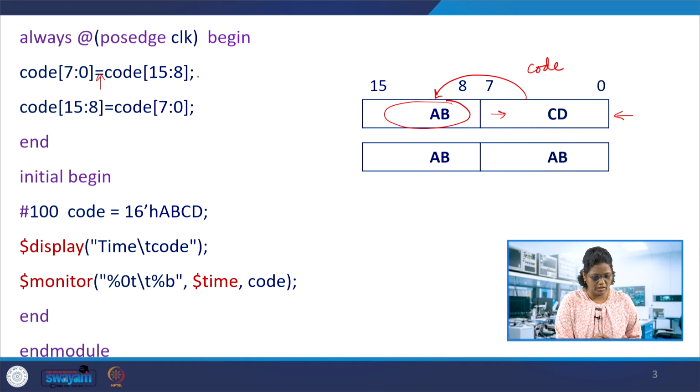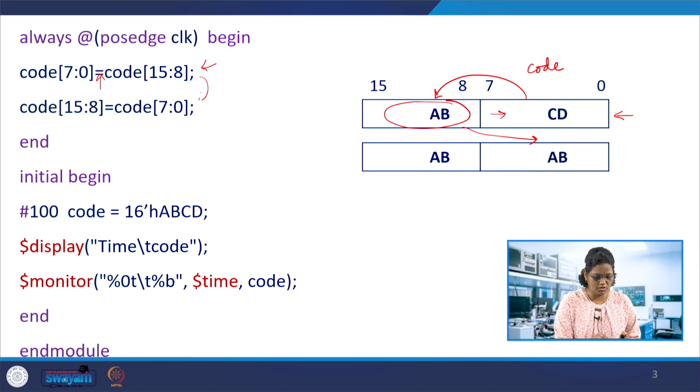So look at this in the blocking assignment. Bits 15 to 8 contain AB, the content that is 4-bit A and 4-bit B, which in binary is 8 bits. And then that AB is transferred to CD. Yes, it is the code which is there at the passage of the clock. This code, which has the content AB, is transferred to 0 to 7. Yes, it is transferring to 0 to 7. It is an immediate assignment: the blocking assignment evaluates it and assigns it to 0 to 7.